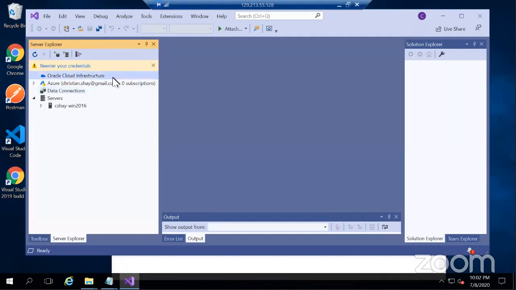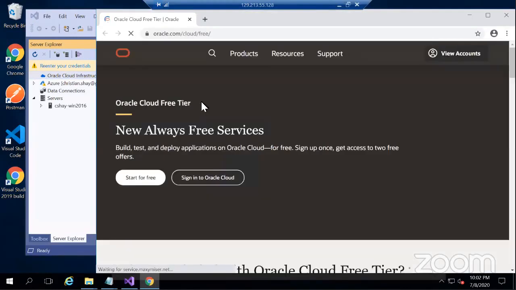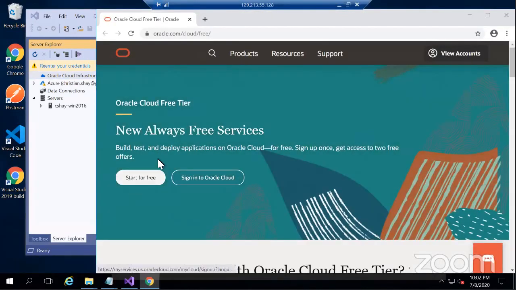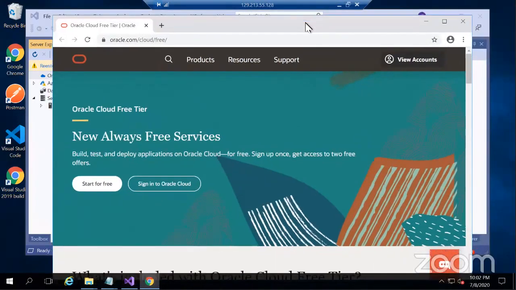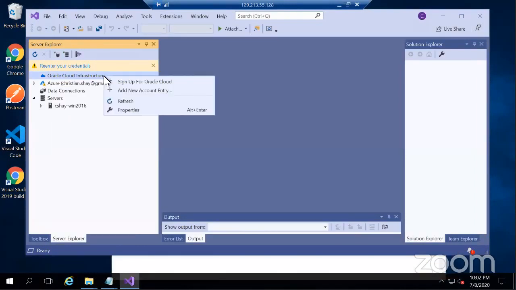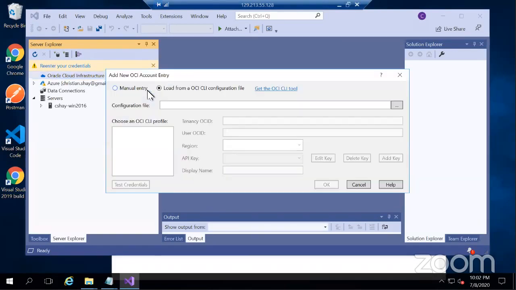So let me very briefly show you a few things about the cloud infrastructure node. So first thing is, if you want, you can sign up for Oracle Cloud right here, and it'll open up a web page that will basically let you start for free with a free instance of the always free cloud service. So you don't have to pay anything. You can have a database instance to play with. So give that a shot. And then once you've signed up and you've got set up, you can add your cloud account here. So this step is a little weird, but